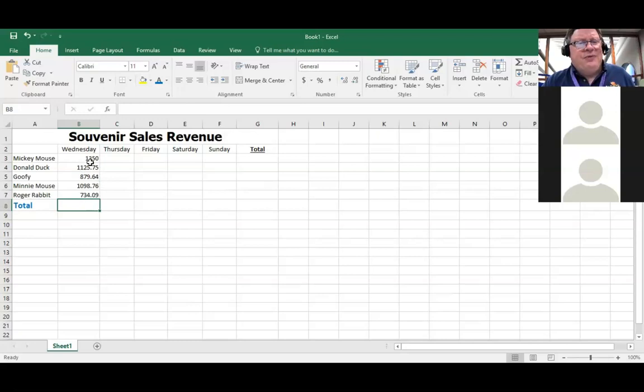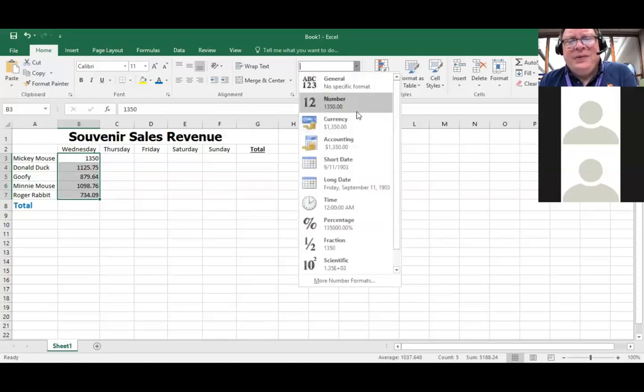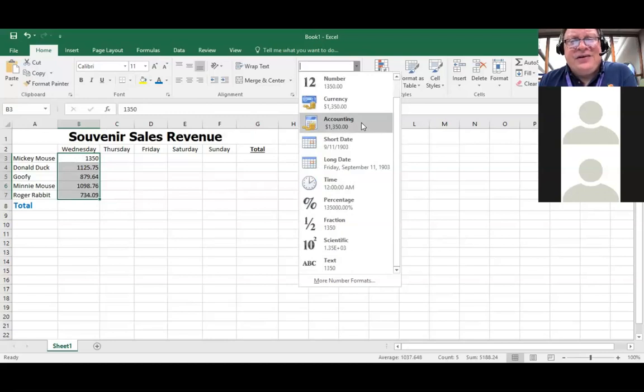But in the case of Mickey Mouse's Wednesday figure here, he did 13.50 even. And when Microsoft saw there was no value for the decimals, it said, okay, it's still a natural number, so I'm going to just hack off that 00. And so what we need to do is format these numbers to represent currency. To do that, I've highlighted from Mickey's data down to Roger's data right there. Then on the Home tab, I'll direct your attention to the number section right here. I usually go to a couple different places for my number formatting. I can go to this drop down right here, and you can see all the data types that Microsoft Excel